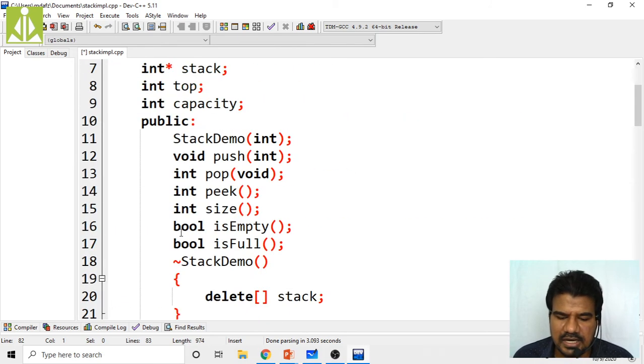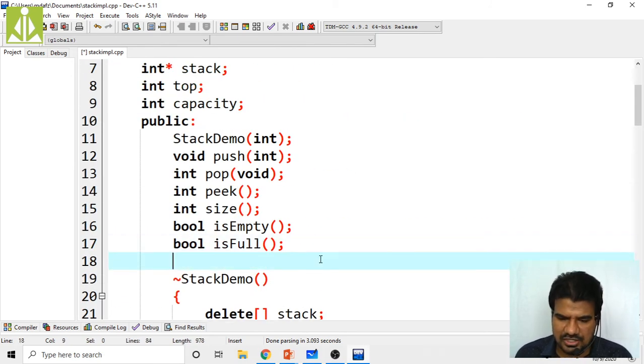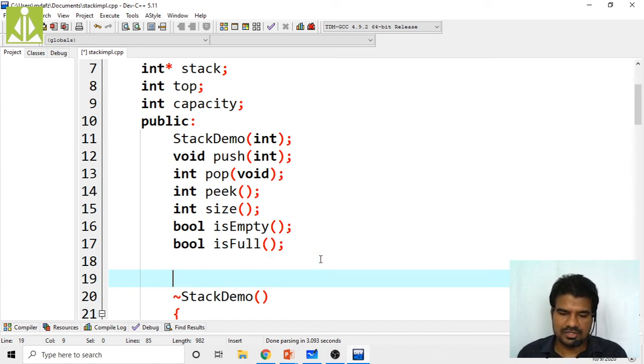So now what I need is one more function over here, that is post eval. What will be the return type of post eval? Void. It is not going to return anything, because we are going to print the result from that function only. Post eval of, we are going to pass the character array.